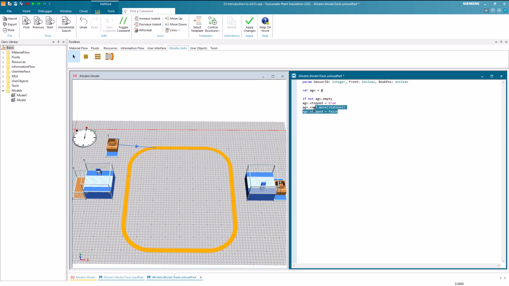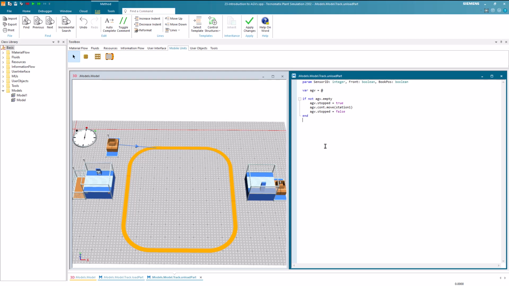If this is the case, we stop the AGV. Then we move the content of the AGV to the station and set the stop attribute to false. Now, let's save our modifications.